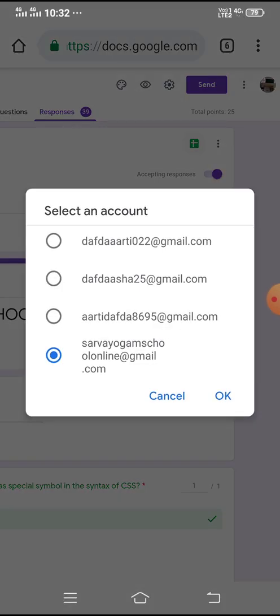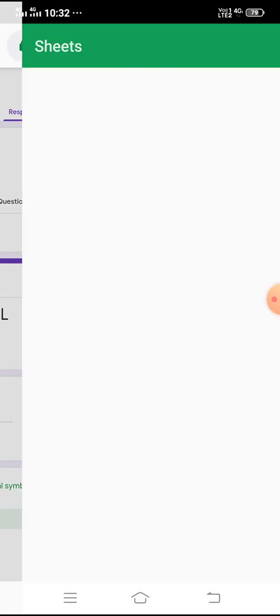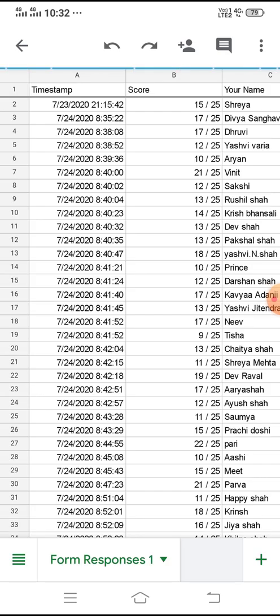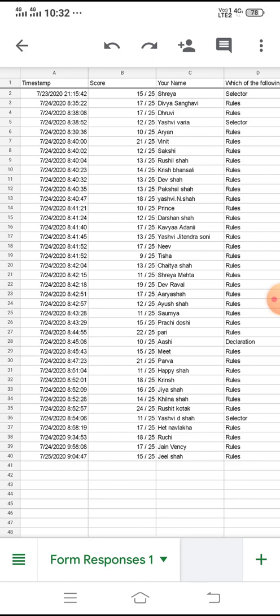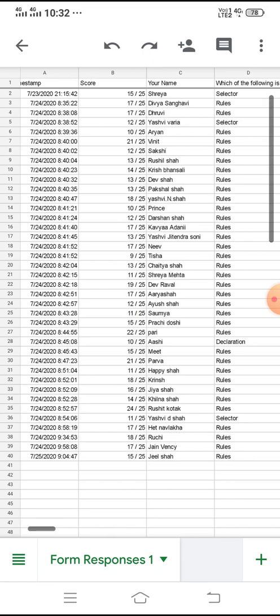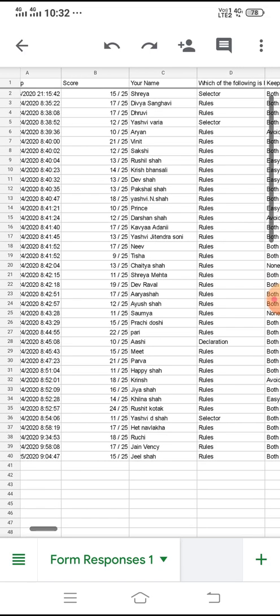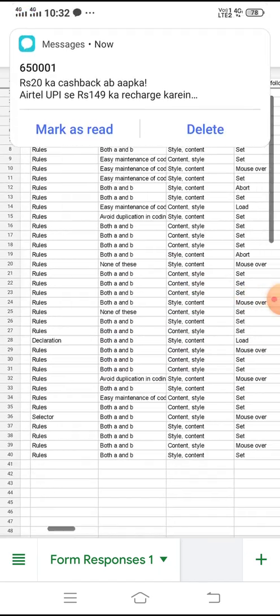Then select the account for viewing this in Google Sheet. See, you can see the date, time, then score, your respondent's name and their answers.